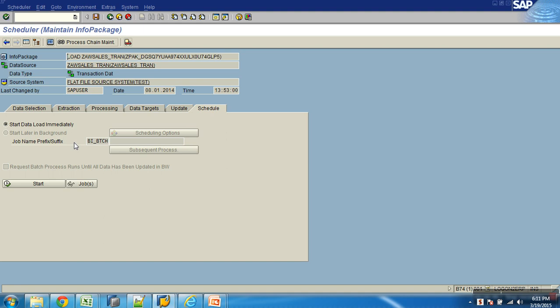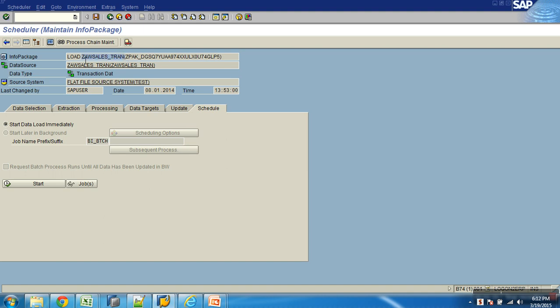But as of 3.x data flow, before BW 7 versions, info package was able to extract data from source and load it to the target completely. When you work with 3.x data flow, info package was extracting data from source and loading it to target. Only in BW 7 data flow, info package only extracts and loads till PSA. In 3.x it was loading it to target completely. There is no DTP in 3.x.